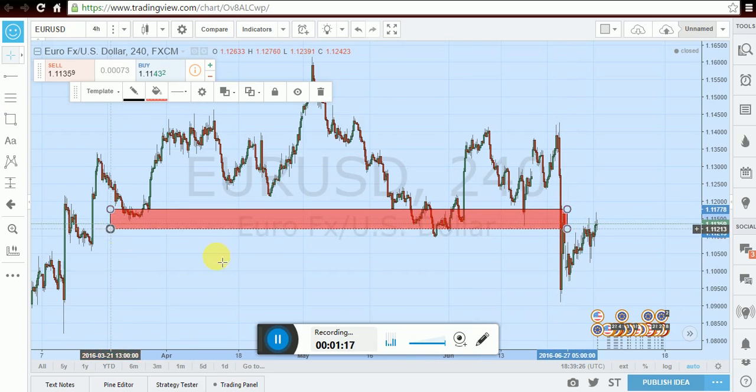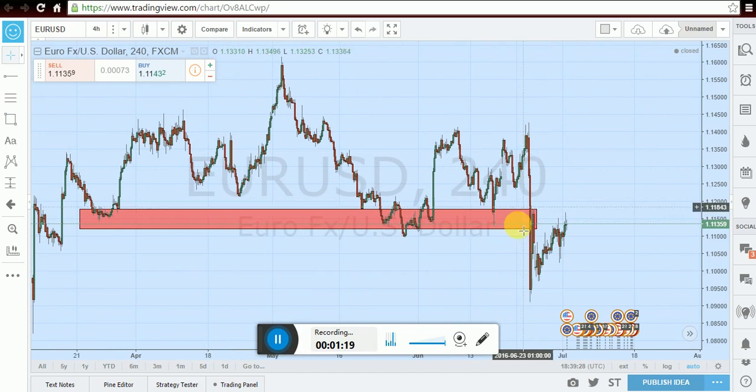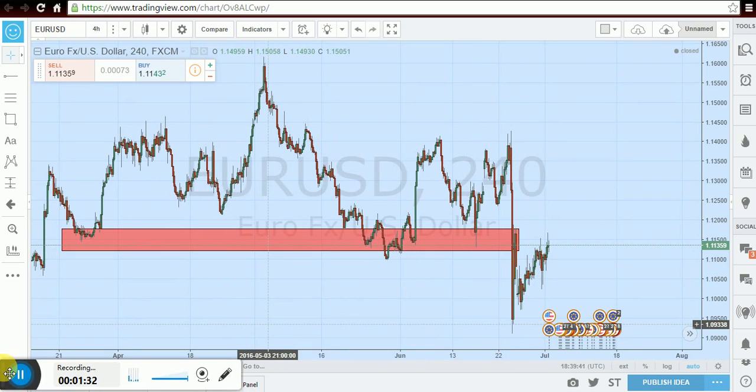So we can see that the market came in and broke that support area. That was after the Brexit vote. The market broke the support area, and now we're seeing a little retracement back into that previous structure. So this is going to present us with this nice trend continuation trade. However,